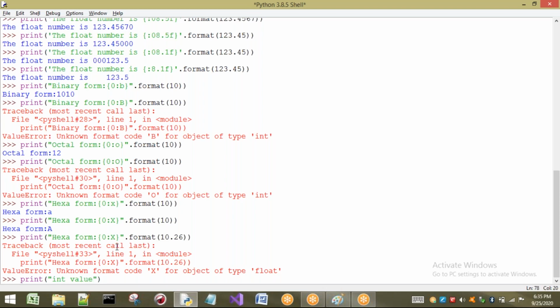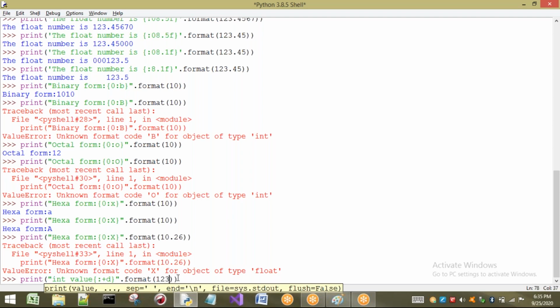So here, if you want to represent with a sign, I want to tell with which sign you want to format it. Dot format of, I want to write some decimal number here, 1, 2, 3. That means here what I have written? D, I have written. So decimal, this value will be considered with plus.